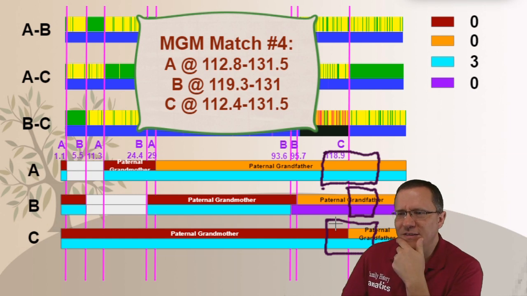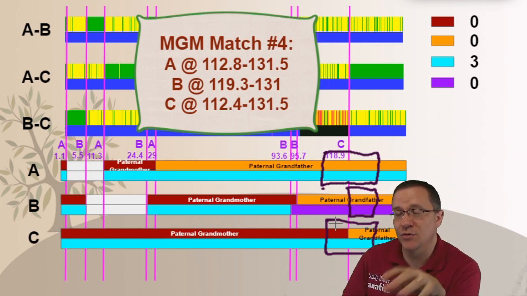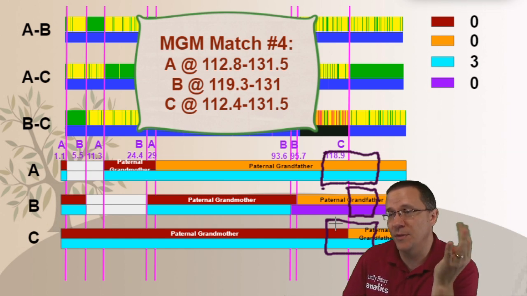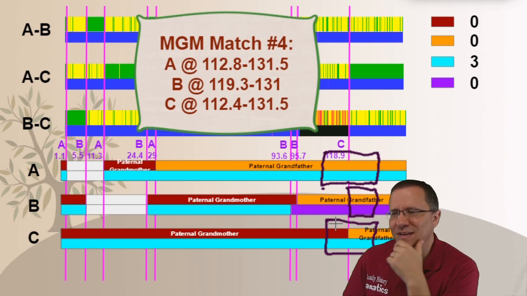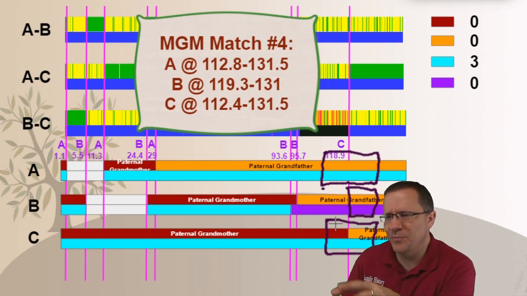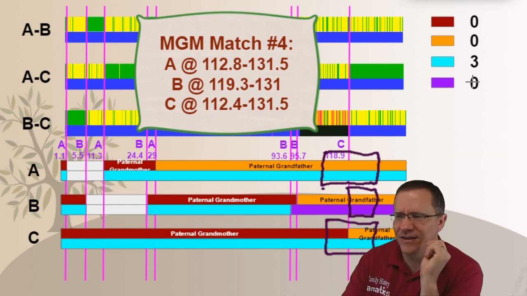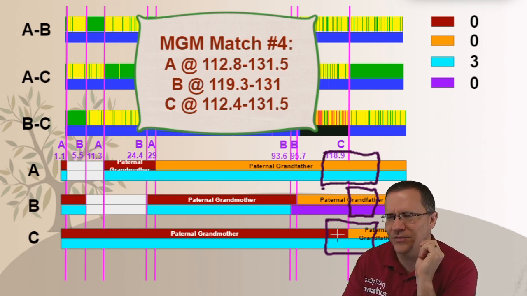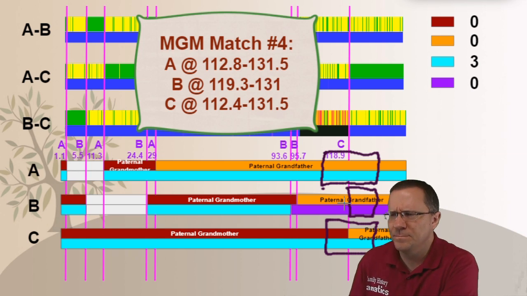And the reason why I say this is interesting is that so far I've been looking at teal as my maternal grandmother. All 4 of these matches are on my maternal grandmother. But as we can see, B clearly does not have any teal there. Now, there is orange on some of these, but on person C, there is not orange all the way across because there's some maroon right there.